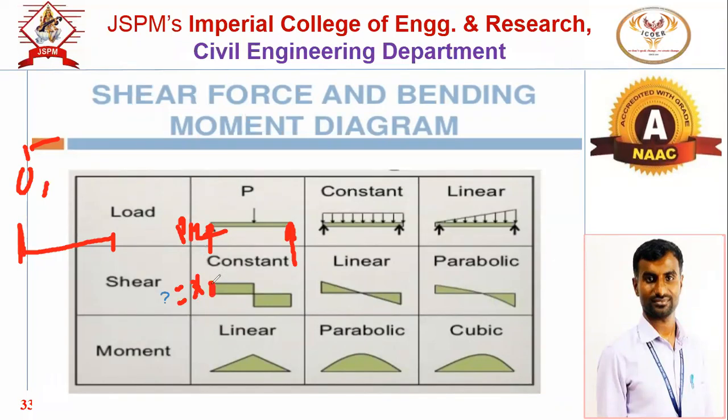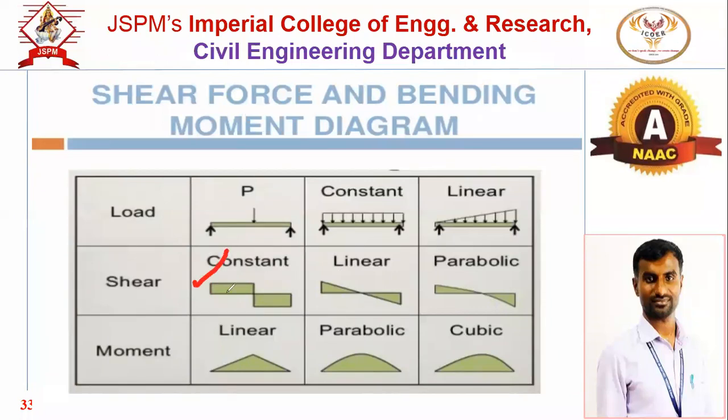Then from the left support A to the point load P, no load is acting. That's why horizontal line. Then at that particular point, there is a downward load of P. So P by 2 minus P will be minus P by 2. Minus P by 2 means below the reference line. This will be P by 2 positive, and this will be minus P by 2 negative. So this is the vertical line. P by 2 plus P by 2 we should get the total answer as the point load. Okay. So the shear force at that point will be P by 2.